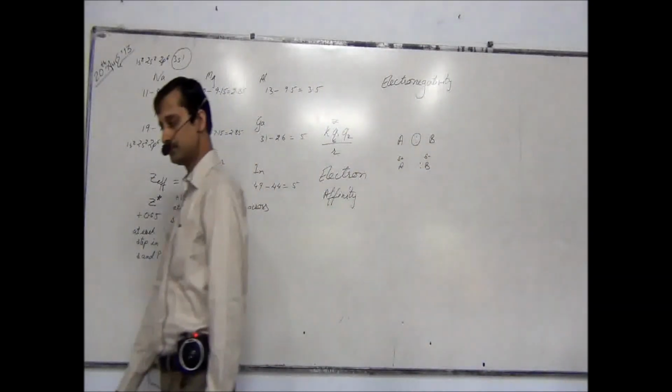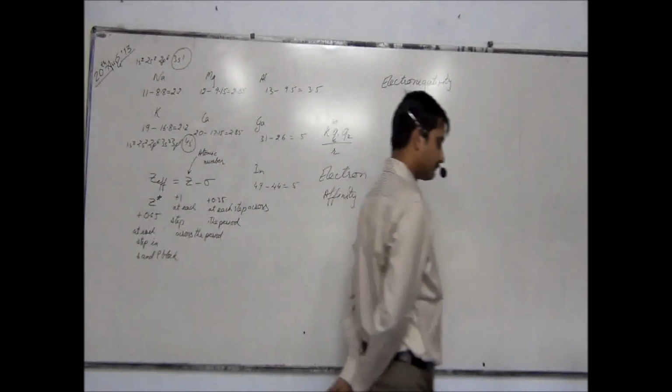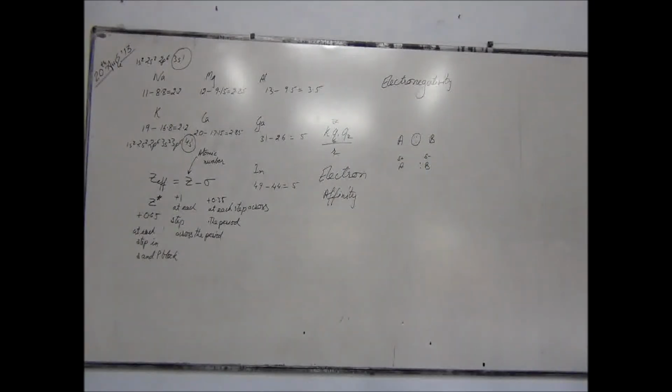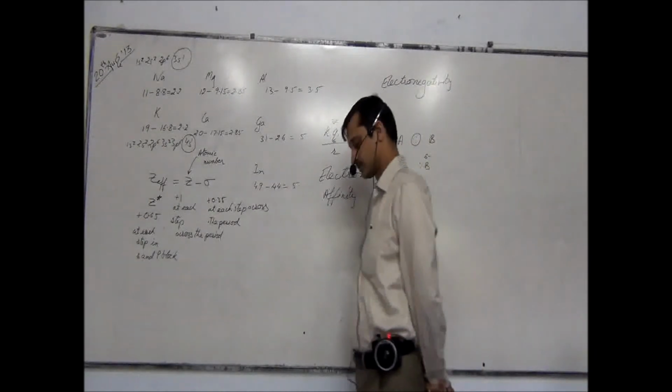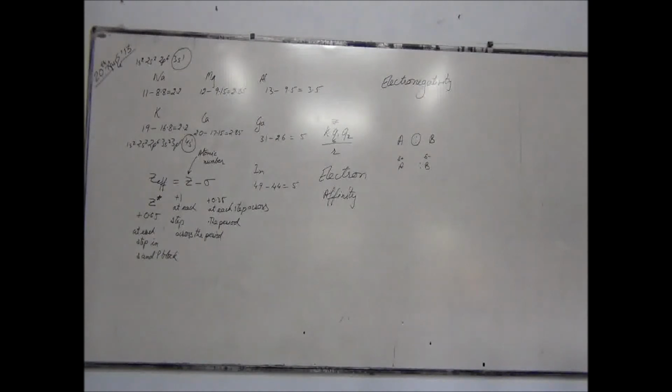As we move down the group, there is an increase in the number of shells, which increases the distance of the electron from the nucleus, which leads to a decrease in effective nuclear charge. Full stop. Hence, if two atoms have the same effective nuclear charge by Slater's rules, then the